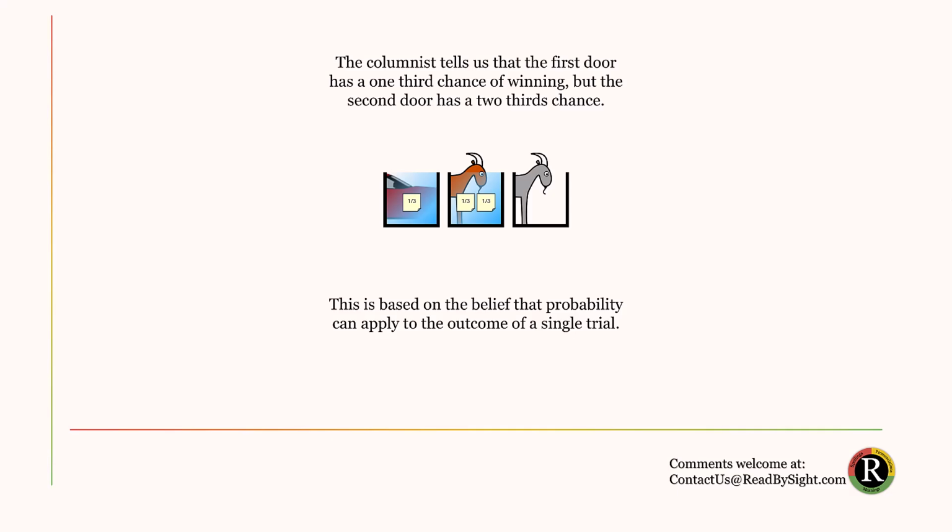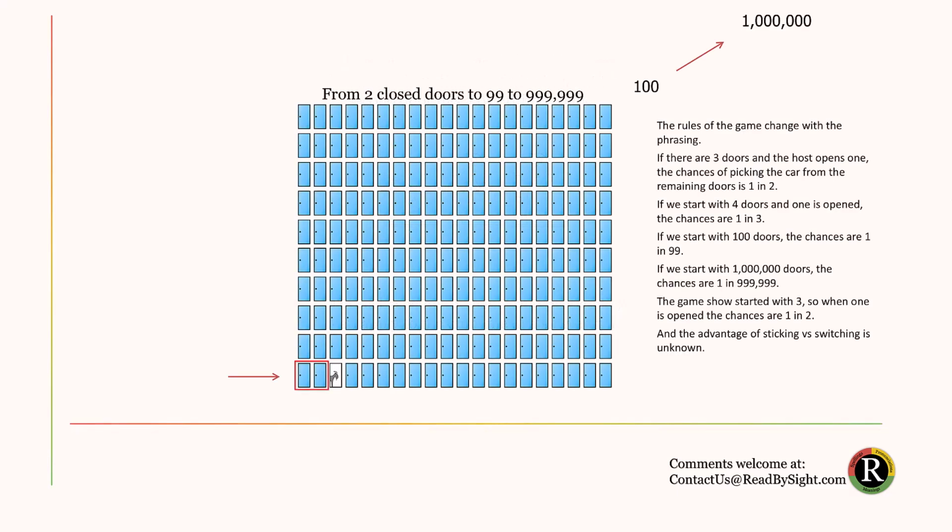We mentioned before that the car could be in the second position and the goat in the first position. This makes a lot more sense if the car is in the middle because we're sort of directing the flow toward the car, but when the goat is here, it makes no sense at all. And that's why we've portrayed it this way. Now if we come to the scenario where there are multiple doors, the columnist mentioned 1 million doors. There are many YouTube depictions and other articles that depict 100 doors because it's impractical to show 1 million doors. But even at 100 doors, we're no longer in the context of a game show.